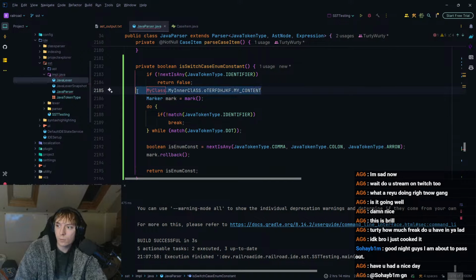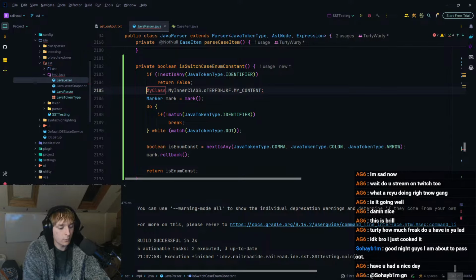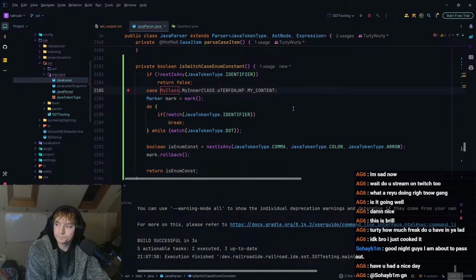So this will swallow up all of that, and then it checks what the next character is, because if the next character is a comma, then it knows we're looking for another constant. If it's a colon, then that is the end. So obviously this is case beforehand, right? If it's an arrow, then it's also going to be the end. So comma would be another one, colon, yeah.